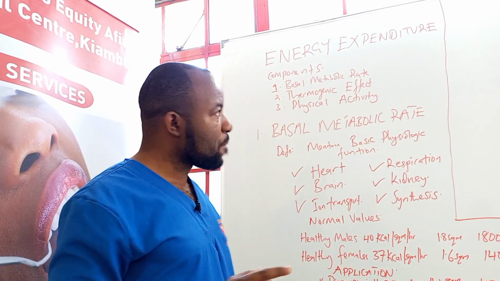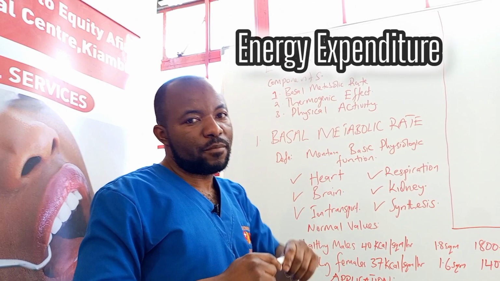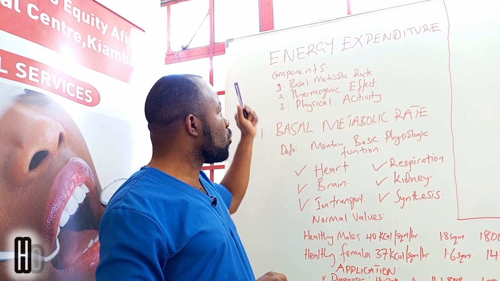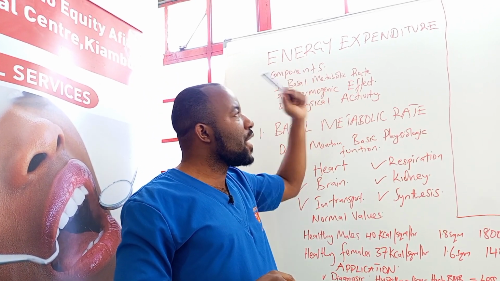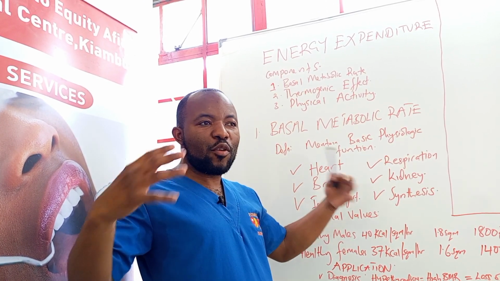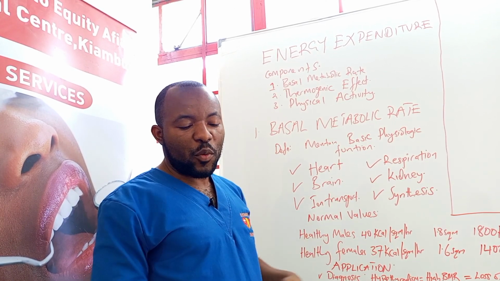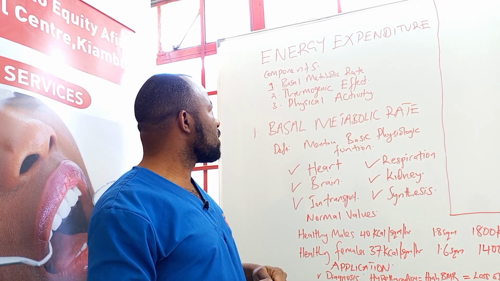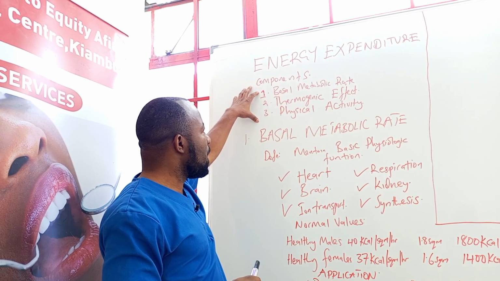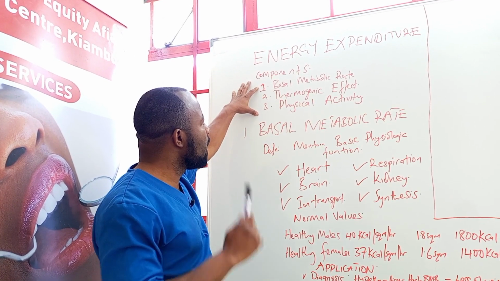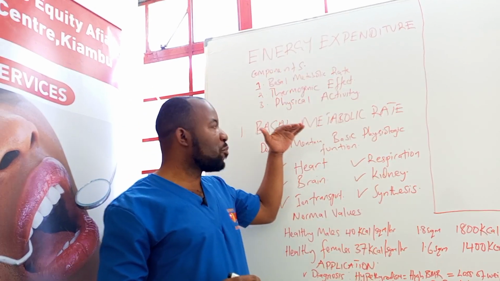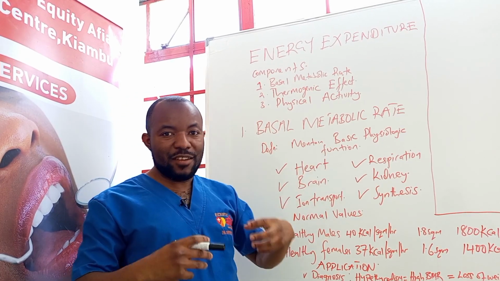So the basics are, we're going to look at energy expenditure. The problem with lifestyle diseases is how we spend our energy. Failure to know how the body spends energy is the reason we accumulate fats, grow overweight, and that then complicates into lifestyle diseases. The components of energy expenditure in man are three. So we grow overweight because we don't understand how we spend the energy we take in through food.